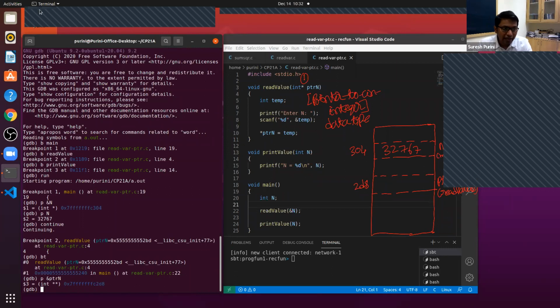Now, if we examine the contents of ptrn, what will it contain? Let's print the contents of ptrn.